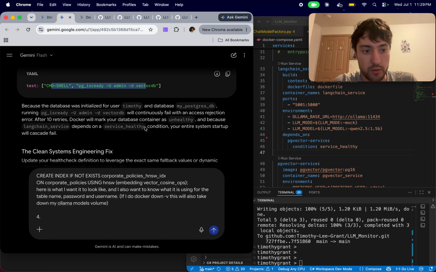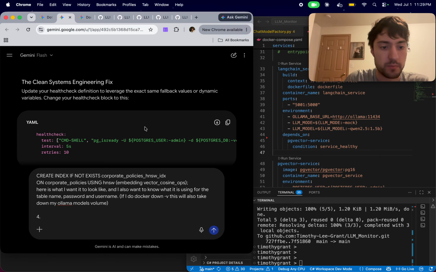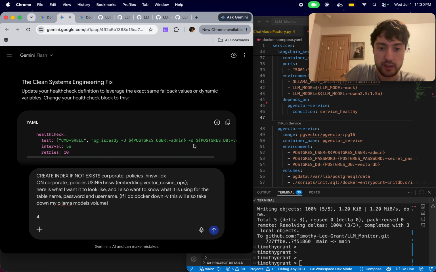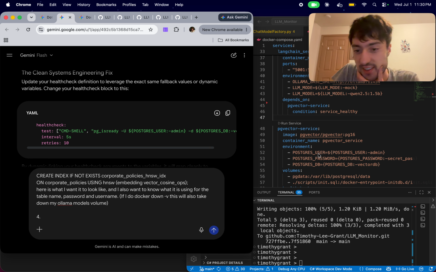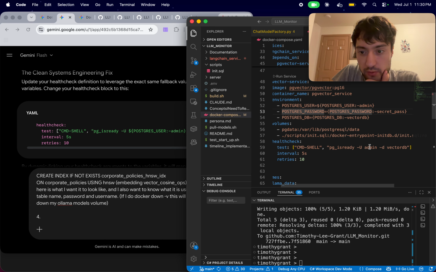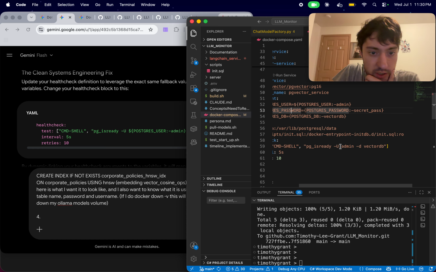So I want to set the parameters, right? So it's going to be like whatever the $ sign and then the thing with the default. So just like that. Yeah, actually, just like this. Okay, so now I want to say pg_isready, minus U, and then instead of this, I'm going to pass in my